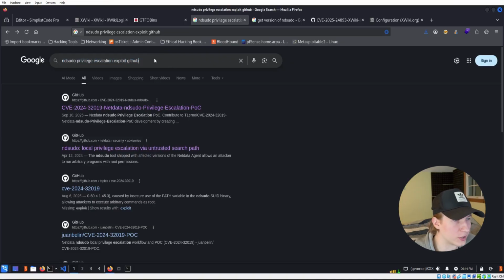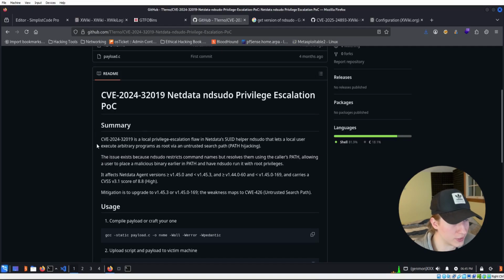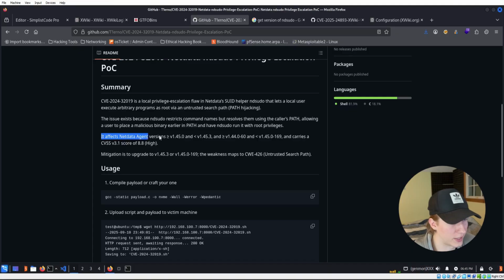One thing we can try is looking up ndsudo privilege escalation exploit GitHub, and we see that a CVE does exist. CVE-2024-32019, netdata ndsudo privilege escalation. If we read the summary, it says this CVE is a local privilege escalation flaw in netdata's SUID helper ndsudo that lets a local user execute arbitrary programs as root via an untrusted search path. It affects netdata agent versions higher than 1.45.0 and less than 1.45.3, and also versions greater than 1.44.0-60, but less than